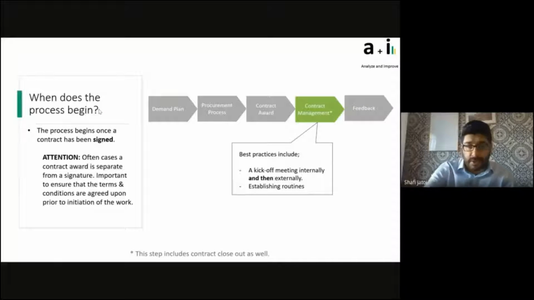A small comment at the bottom: contract closeout is an important function of contract management. Contract closeout is simply: you have delivered all the services, I've checked off, and I agree that all the services are up to my expectation. There is nothing outstanding with regards to this contract, and I have also paid all my dues associated with this contract. So there is no recourse that three or four months later you come back and state that I owe you money because X, Y, and Z was missed. This contract closeout procedure document that is signed and dated ensures there is nothing after the fact.